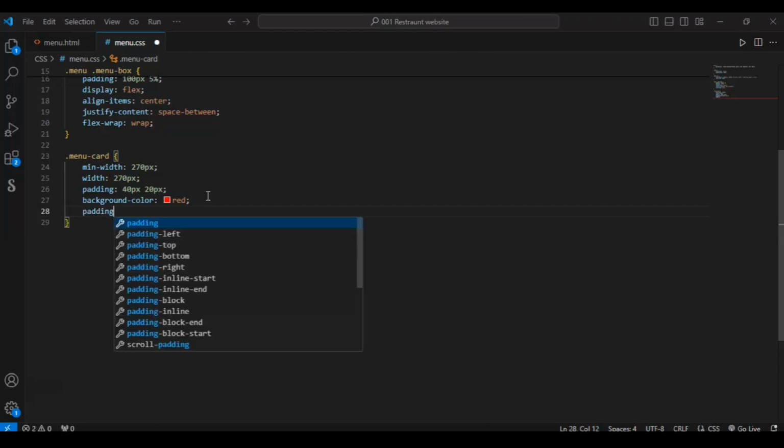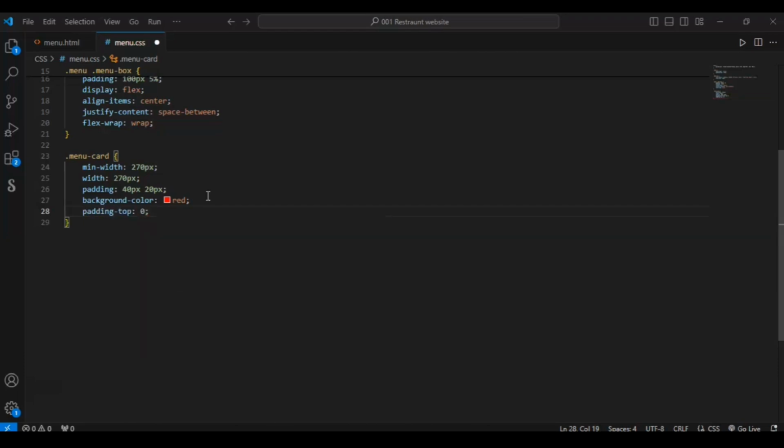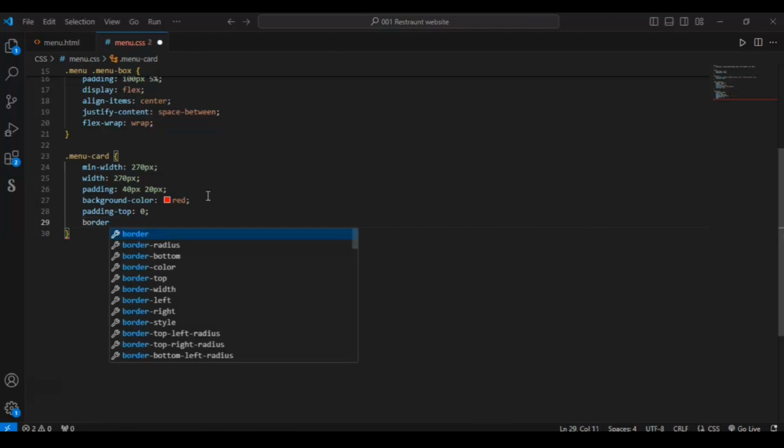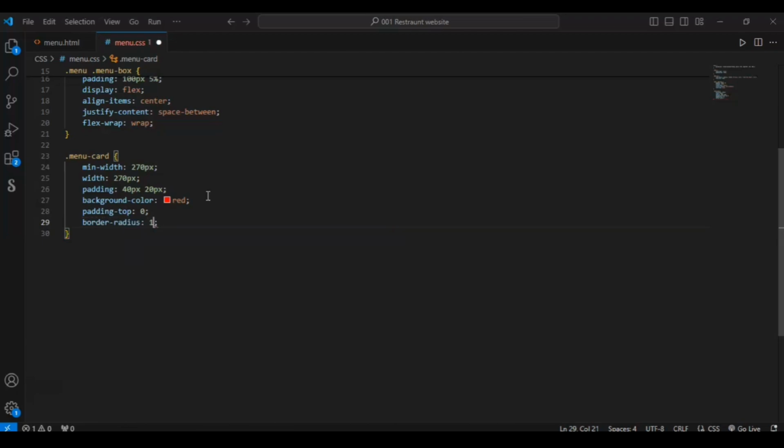Now give it padding-top 0. Okay. Border-radius 10 pixels to round the corners of the box. Cursor should be pointer. Okay.